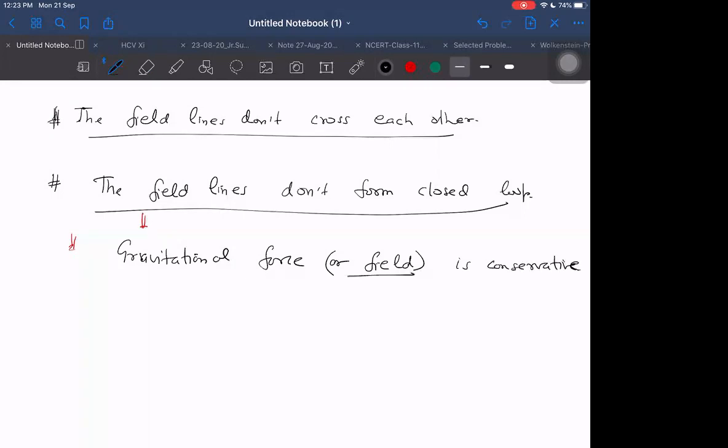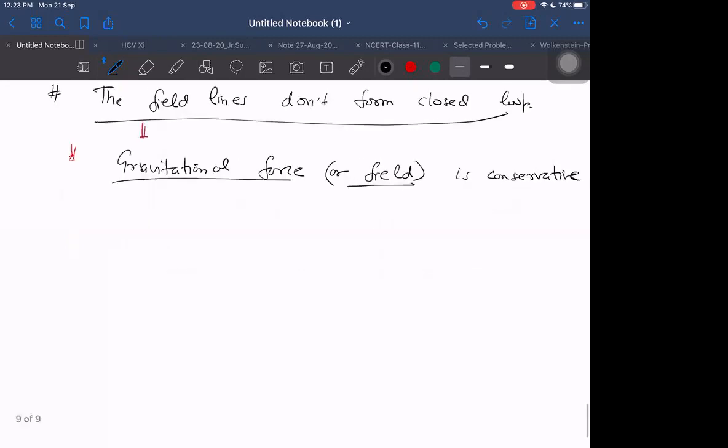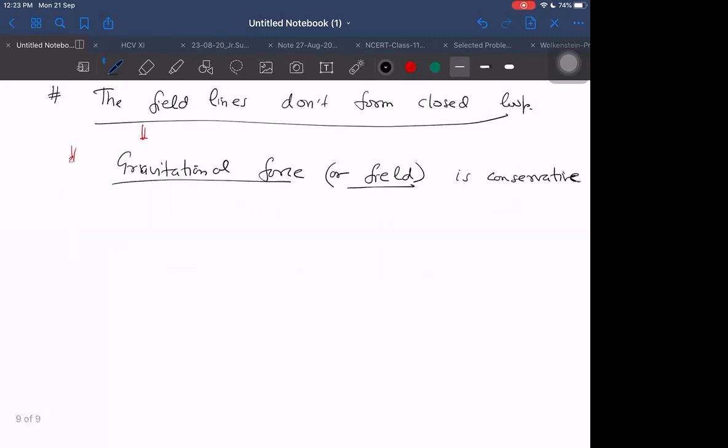If you don't know what conservative means, just remember one thing: if you remember some potential energy term, then the force has to be conservative. We know gravitational potential energy exists, so it has to be conservative. But I told you in another way also: those field lines are conservative where the work done by the force in a closed loop